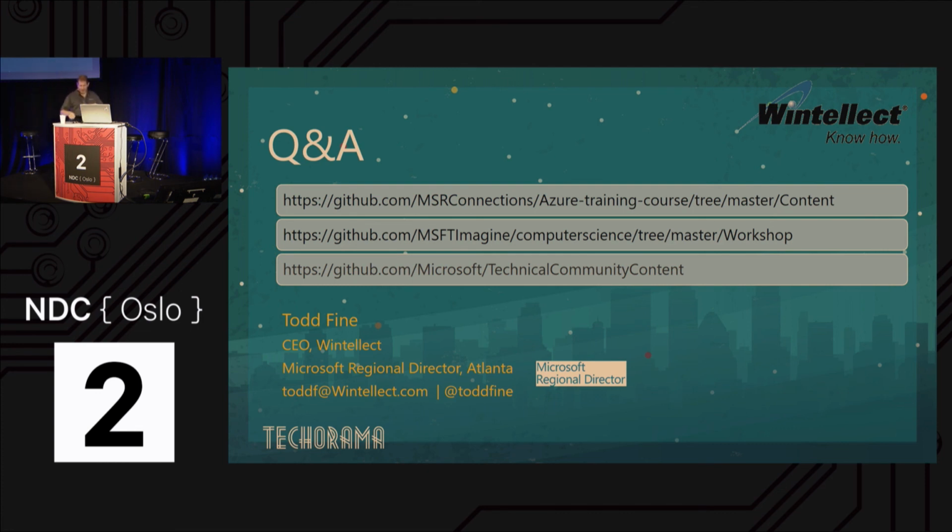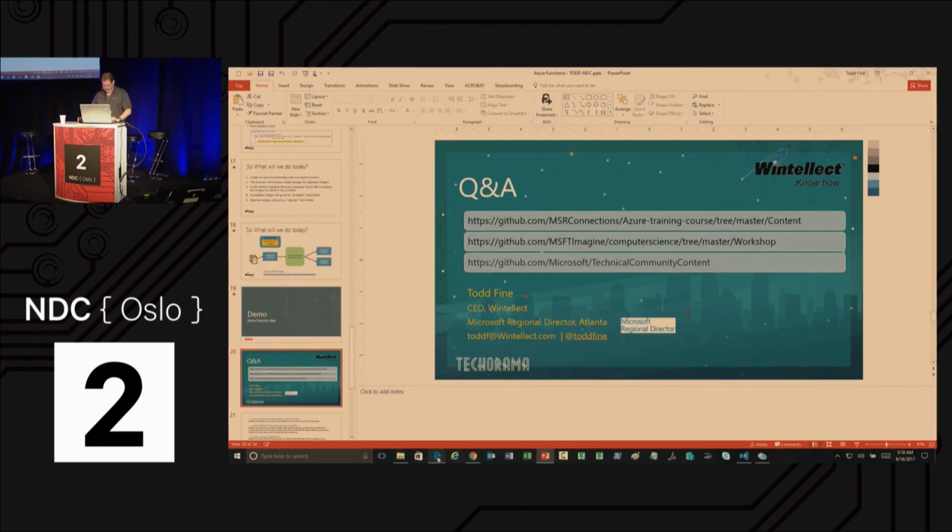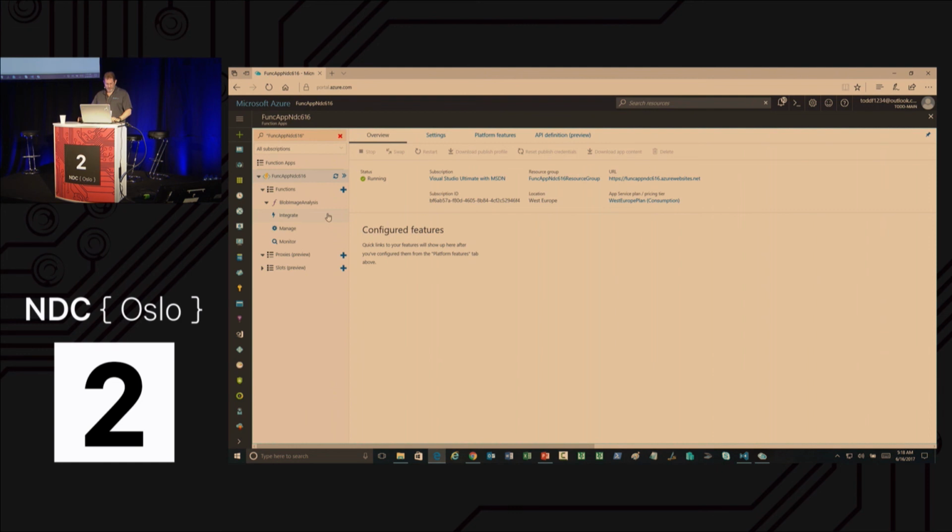So one thing, let me show you something. If it's still up, see if I can do it real quick. Yeah, here it is. See these slots? It says preview for proxies, preview slots, and I actually have an appendix slide on that for you guys. So you can do deployment slots and everything just like you can with a web app. I've never personally tried to build it into the continuous deployment aspect of Visual Studio, CI, and Visual Studio Team System, that whole pipeline. I'm assuming you can, but I've never personally done it, so I want to be careful what I say. But I do know you can already do things like deployment slots and swaps.